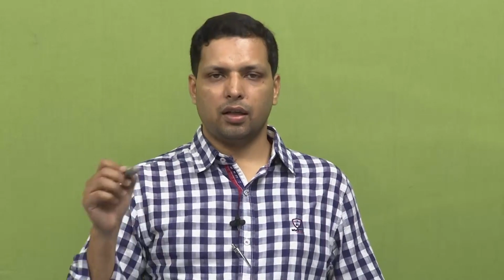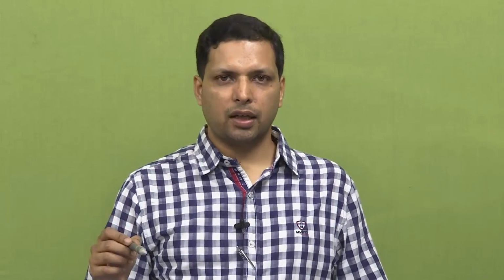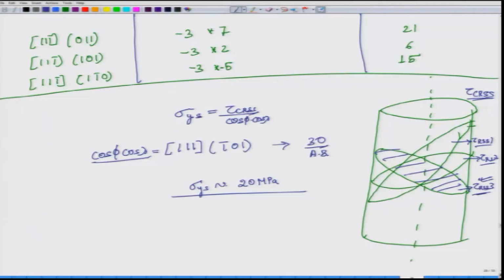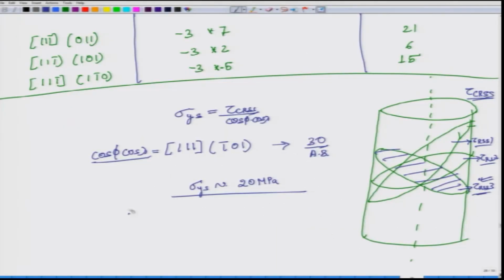First, one particular slip system gets activated, then multiple slip systems get activated, and then entanglement of these dislocations leads to further hardening of the material. We will talk about these later on, at the later stages when we talk about the plasticity part. So, for now, at this stage, what we want is to understand this is for single crystal, what